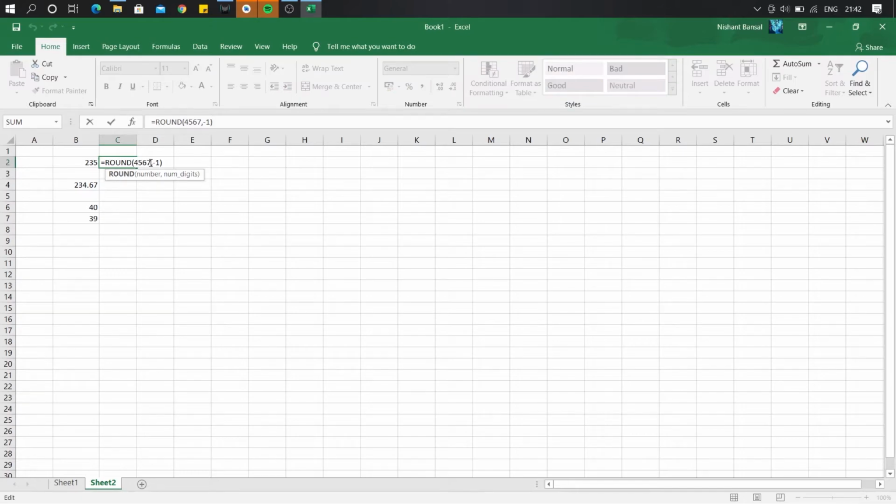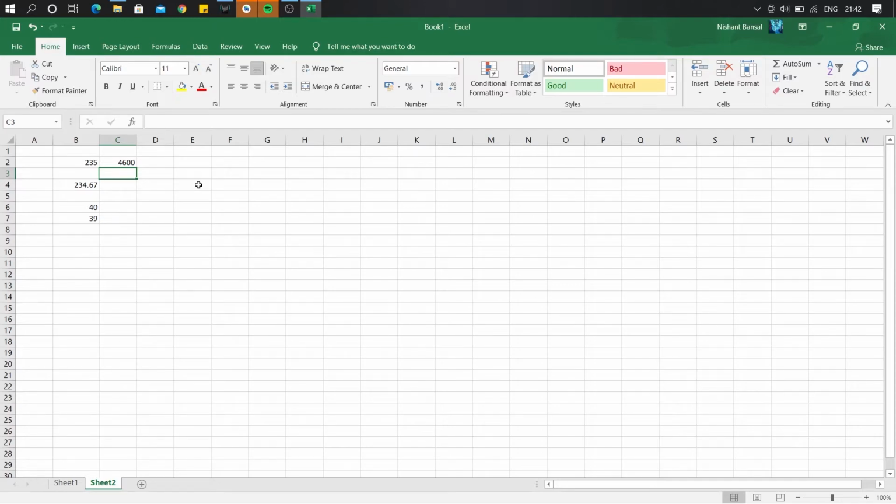And if we want to round it off to the nearest multiple of 100, we would simply write -2 here and the result is here 4600. So accordingly, we can do it for the nearest multiple of thousands, 10,000s, accordingly.